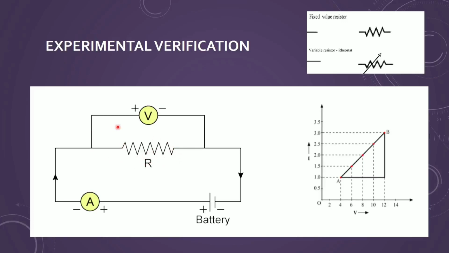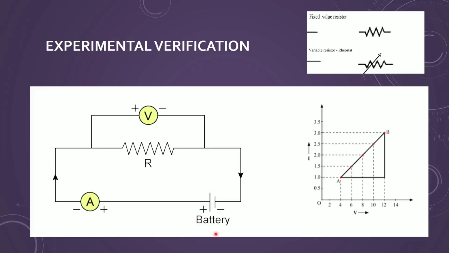And a voltmeter is a device to measure the potential difference, which is to be applied in parallel, and an ammeter is always put in series. So this is the circuit diagram made for the experimental arrangement. Whenever we have to verify Ohm's law experimentally, we can change the current by moving the rheostat, or we can change the potential difference by changing the voltage from the battery. Both ways we can do.